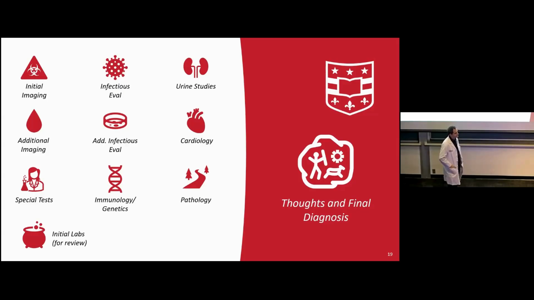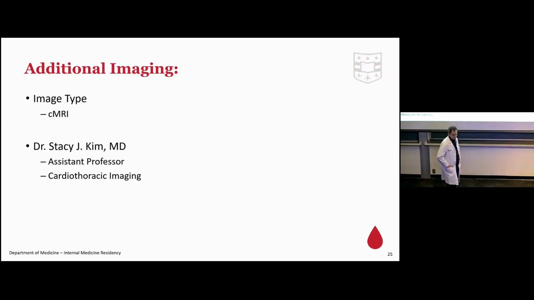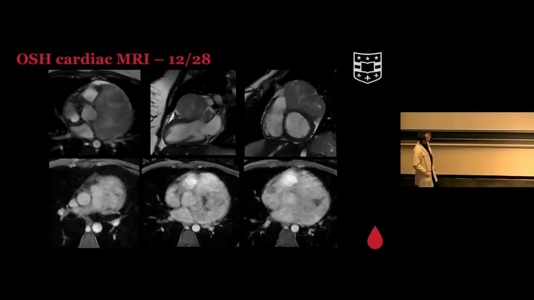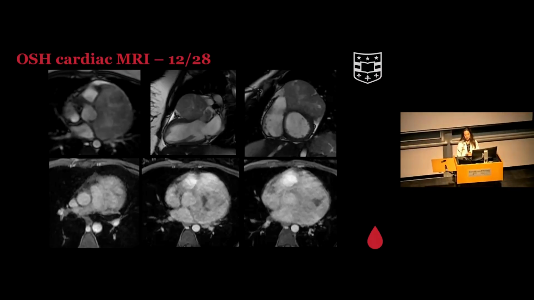Okay. We'll go ahead and go then to the cardiac MRI and have Dr. Kim come back up. Right, so we have some cardiac MRI images. Once again, we see this large soft tissue mass that's centered in the left atrioventricular groove that extends along the left aspect of the mediastinum and the left ventricle. We already saw on the cath images that it's a very vascular tumor, and so not surprisingly, this mass enhances avidly. You can see that on the bottom three images on the slide. Those are the post-contrast images. So avidly enhancing vascular mass.